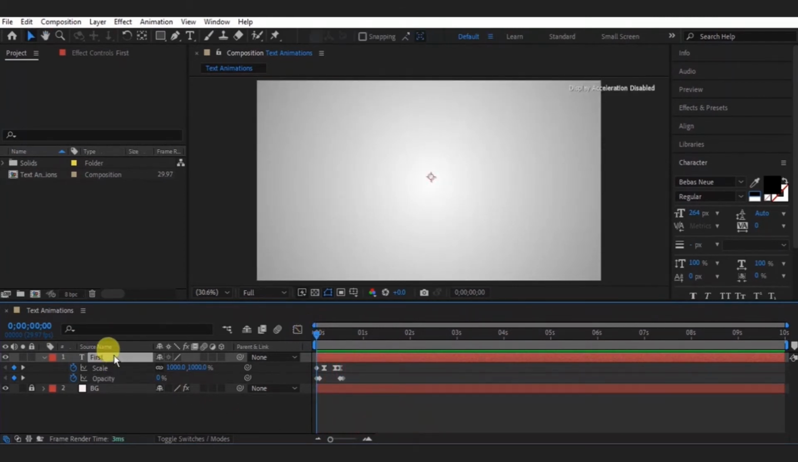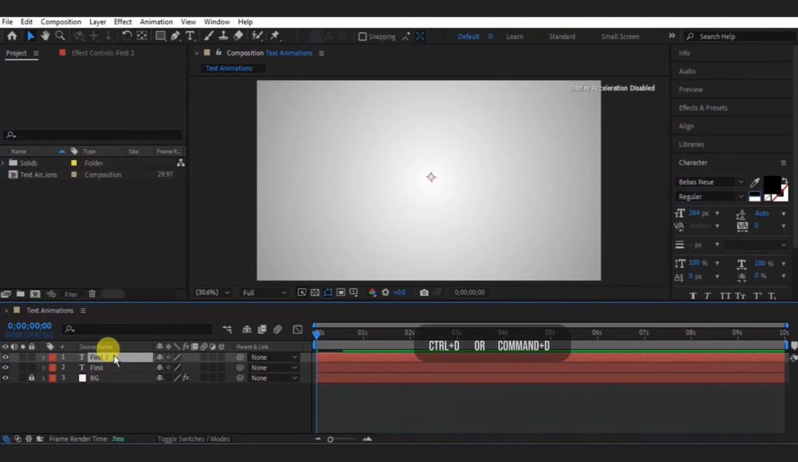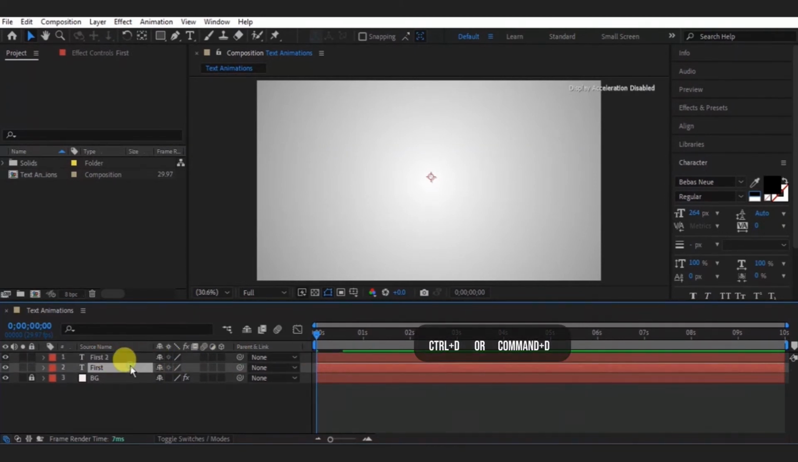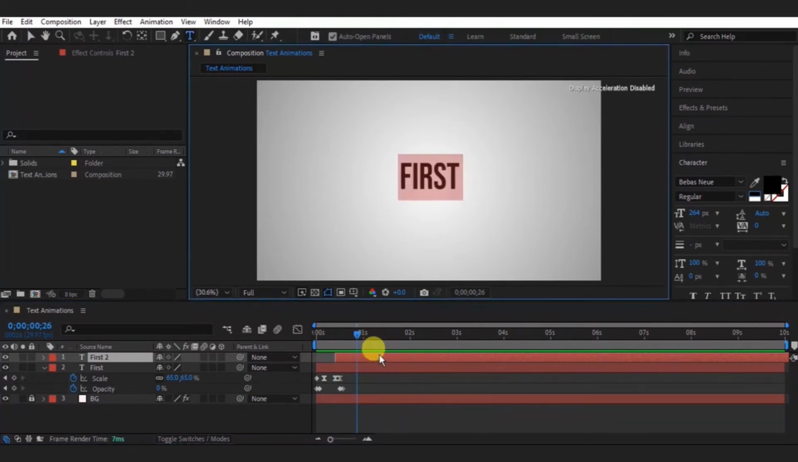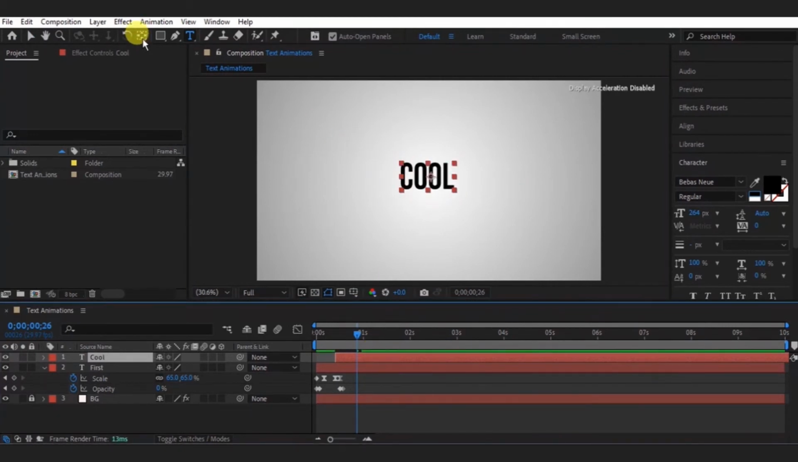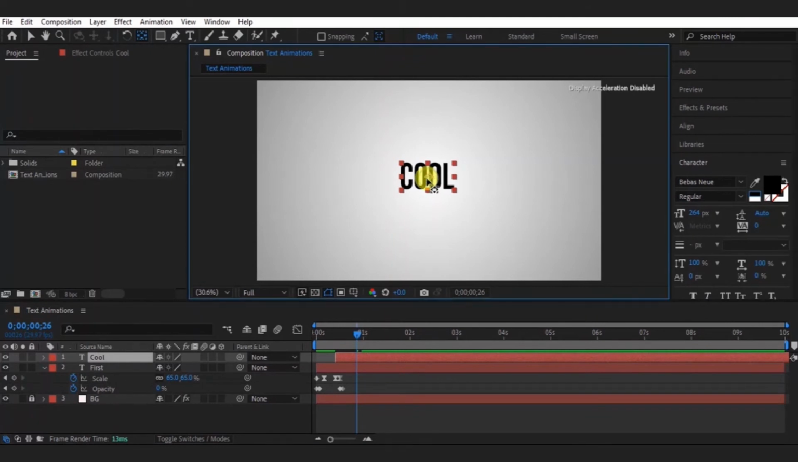Alright, press U to unhide everything and Ctrl D to duplicate the layer. And now we need to adjust the layer where the scale is going to end for the previous layer, and we need to change the name for this layer. So double click on the layer and type whatever you want. Make sure to adjust the anchor point of each new text in the center,